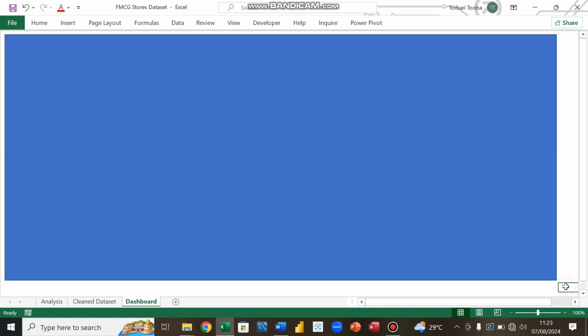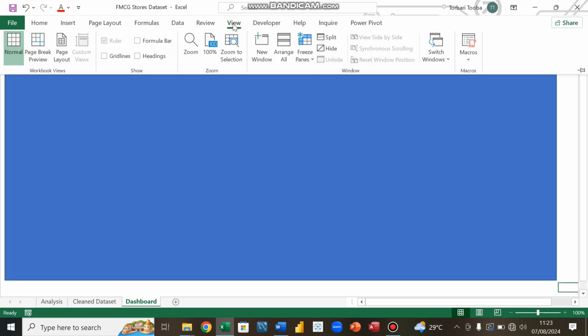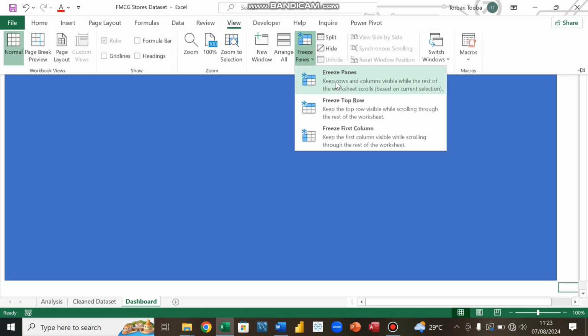I've adjusted it because I want to freeze the dashboard. How will I freeze? Go to View and you select Freeze. This picture shows the options to freeze. This would freeze up and left, only up,